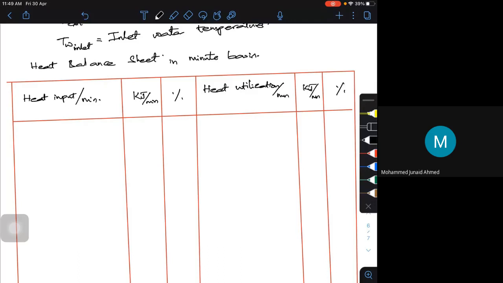So what will I have in this particular thing here? I will have heat supplied by combustion or burning of the fuel. Say for example, it is Q supplied or QS. It is 100%. That is the percentage I'm trying to supply. Then what is there on the right hand side?